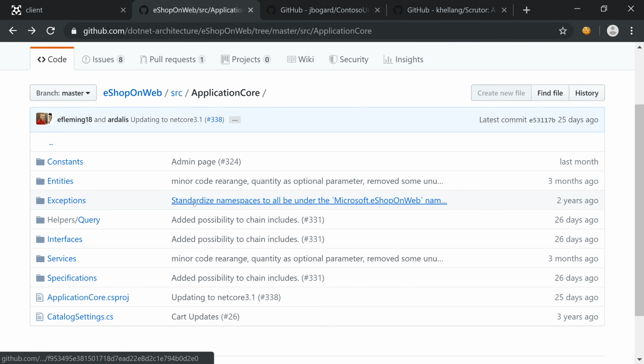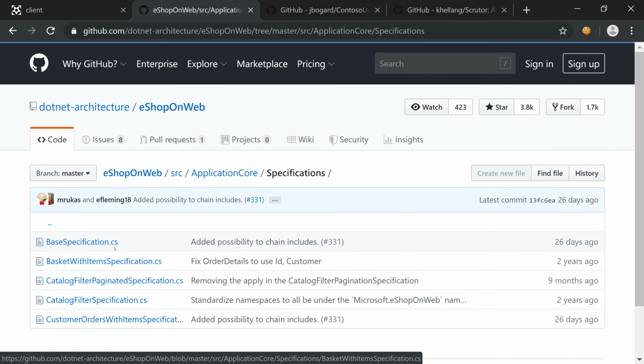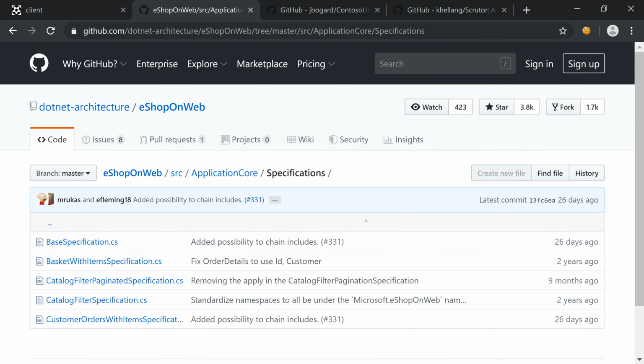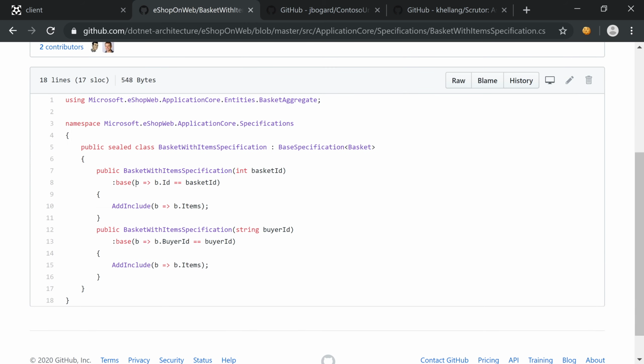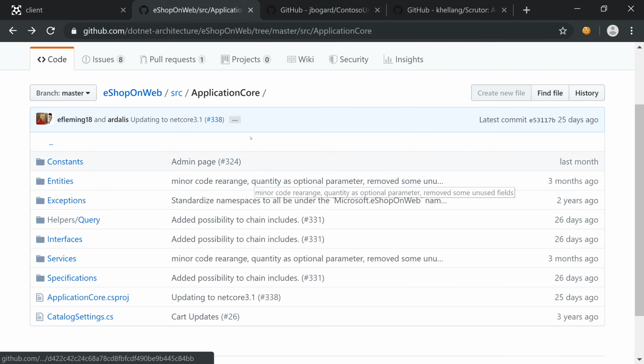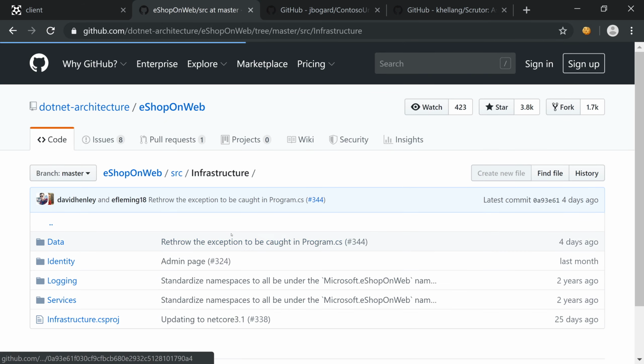Why didn't I go with this approach? There's just one single thing I don't like. In general, I like it. The only thing is, even though this is generic, by using expression trees, we are assuming that we will use an ORM that uses them. That's why this works. If we go to the implementation, which is in the infrastructure part,